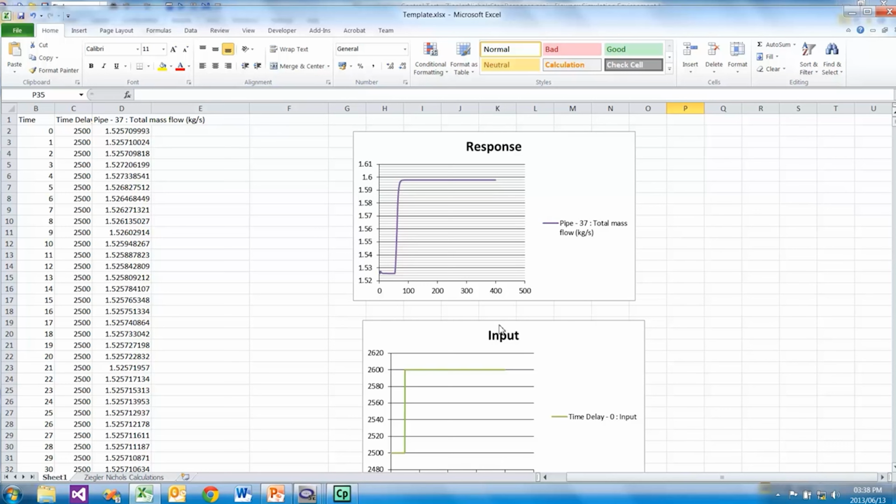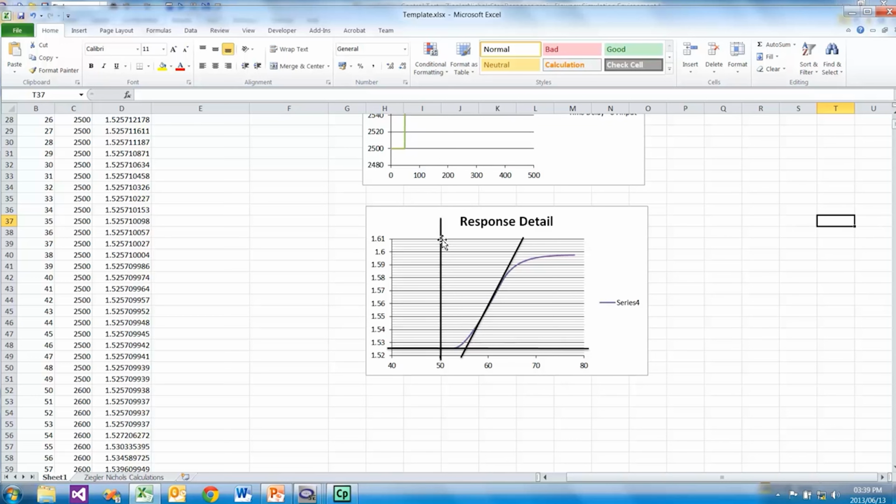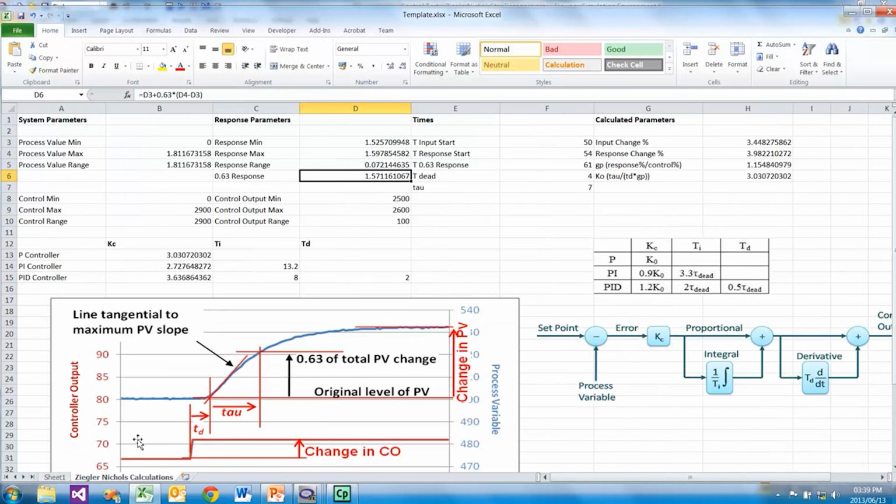Here we can see the data that was logged to this report in nice tabular format automatically by Flownex, and some graphs that I've set up. The important times that we want is the time from the control input start to the intercept of your line with the 0 value. This is the dead time, and also we want the time when our process value has reached 63%. All of these values can very easily be calculated, and here is a sheet I use to calculate that. We want to know the minimum and maximum possible control values.